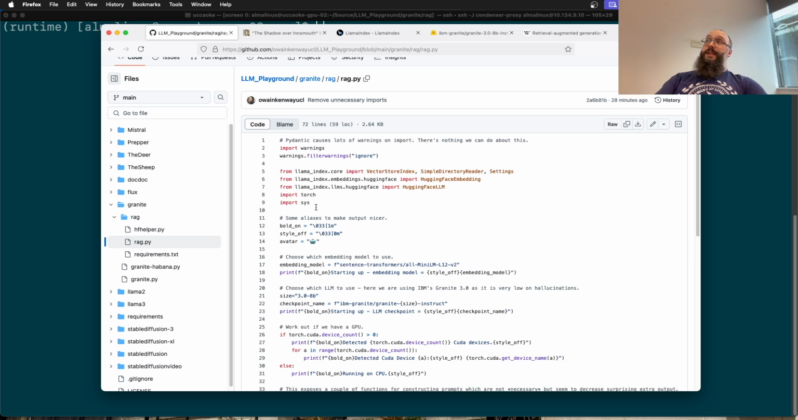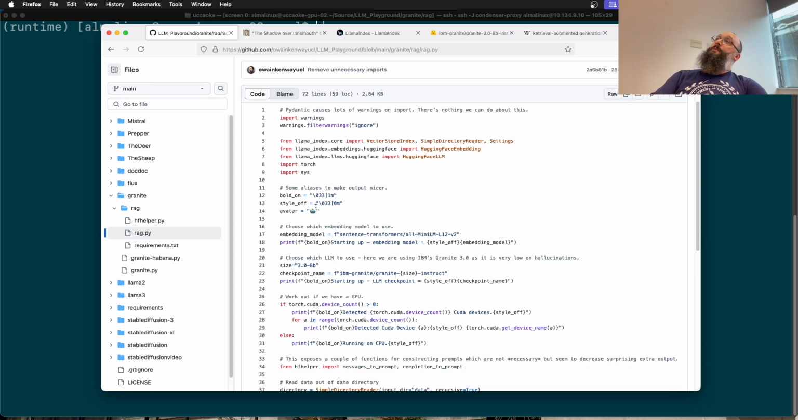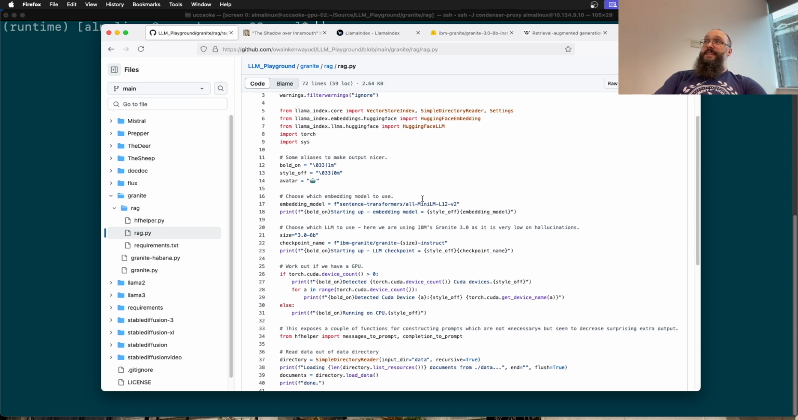As general, we need to pull in torch and sys and things like this. We're going to have some nice stuff just to make prompts look nicer that I put together a while back. You can sort of ignore that. And then at the top here, I've made it easy to set the embedding model and the actual LLM model by setting these variables, embedding model and checkpoint name, right? And so we're going to use the sentence transformers all mini LM L12v2 as the embedding model. And we're going to use our IBM Granite 3B 3.08 billion instruct as the